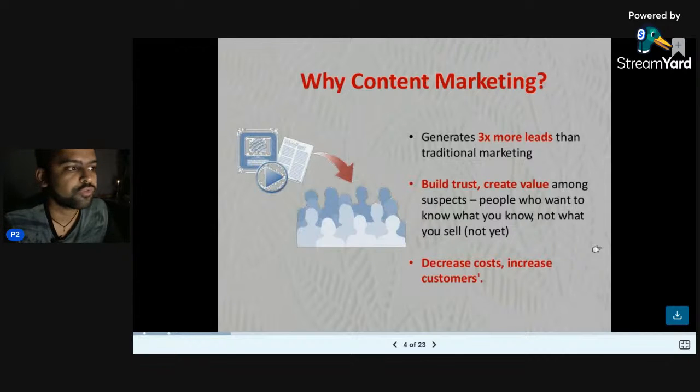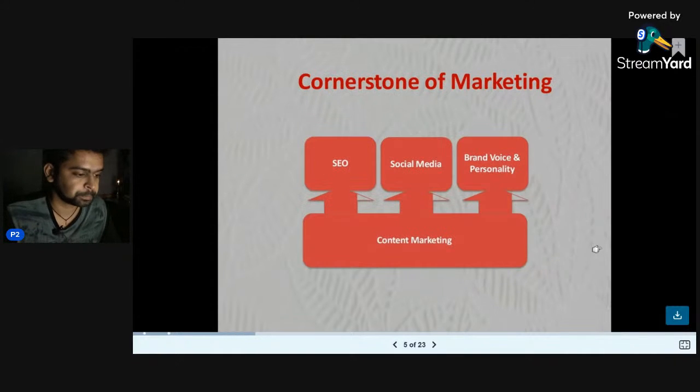If you are looking for short term sales, I wouldn't really recommend you try out content marketing. But if you are planning to play a long term game, then definitely you should be doing content marketing. And of course this is the reason in the long run it always decreases your cost and increases your customers, because you are having a loyal fan base.